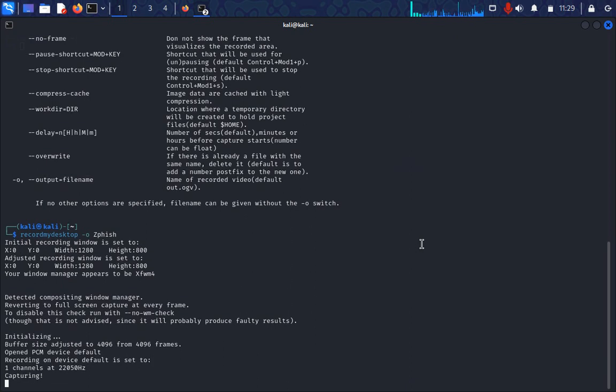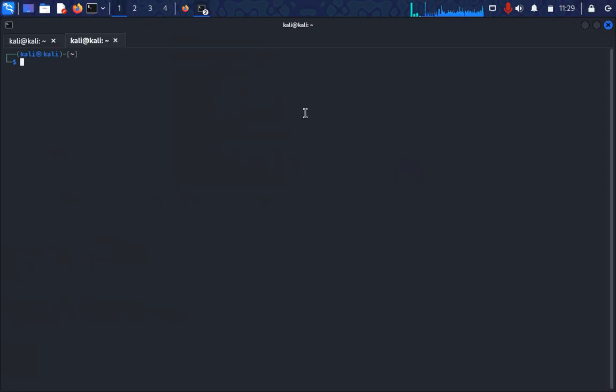This is how to run the Z Fisher application. So you open your terminal, and you get it from GitHub. Git,